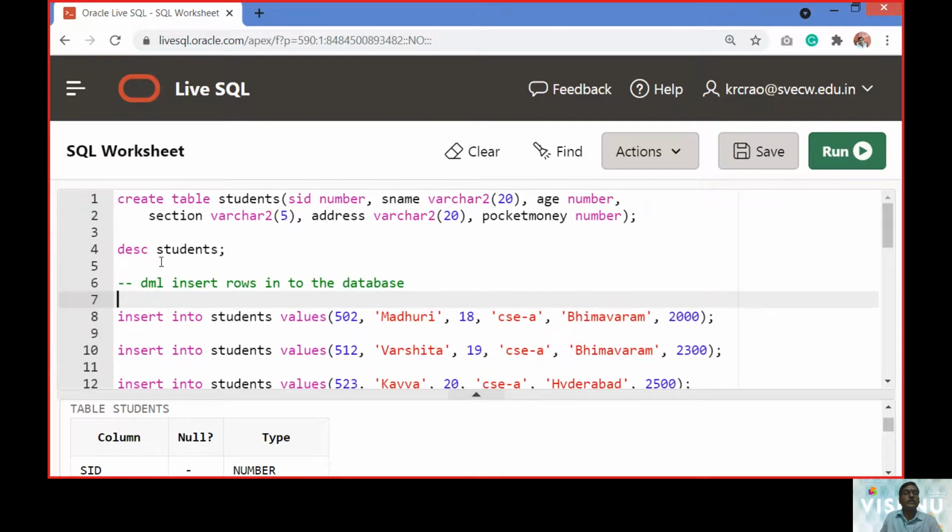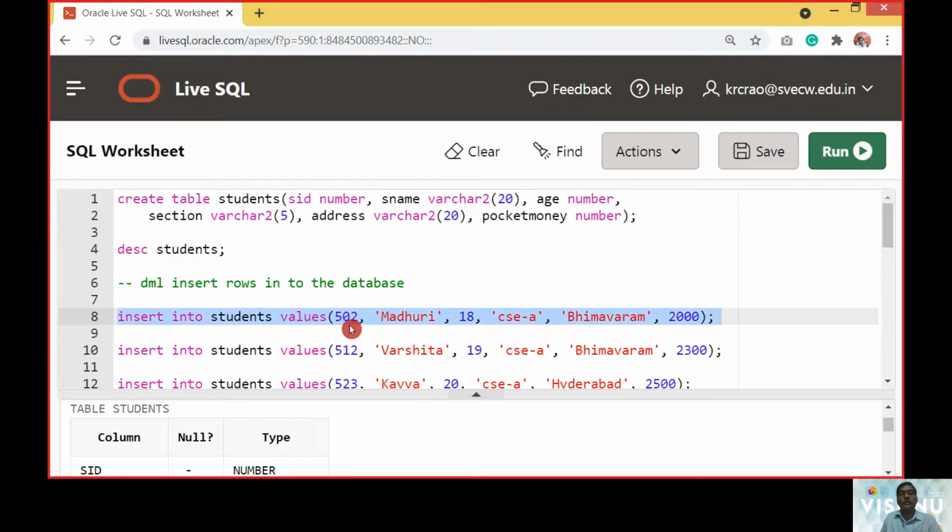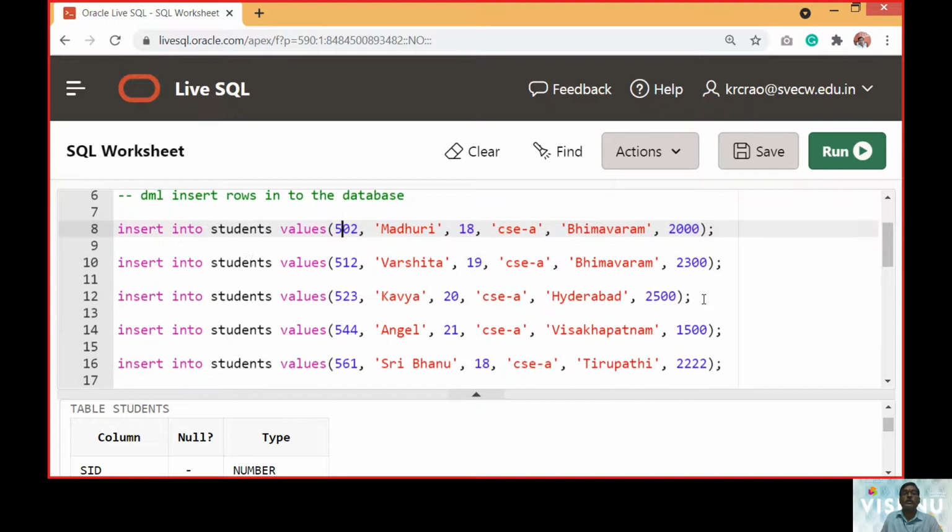The insert syntax is insert into table name, where the table name is student, followed by the values. One observation: for character values we should have quotes, and for numeric values, quotes are optional.